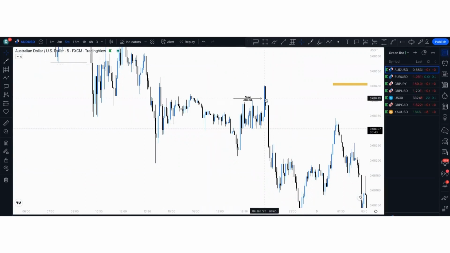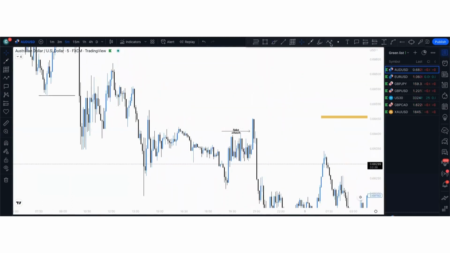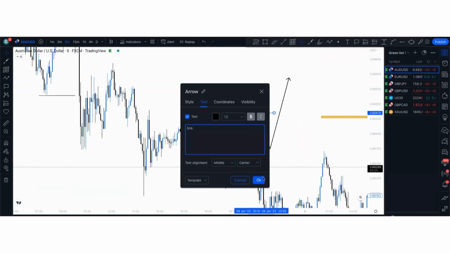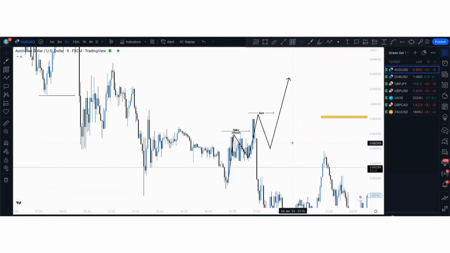If you see this change of character, and if it's a real change of character, you need to see another break of structure right here, like this one, right, before you enter the trade. Because sometimes this one doesn't work because it is against your trend,